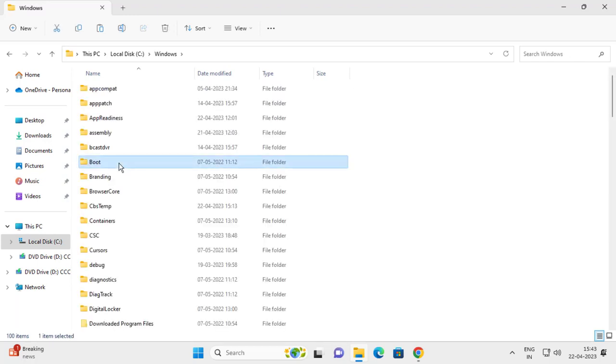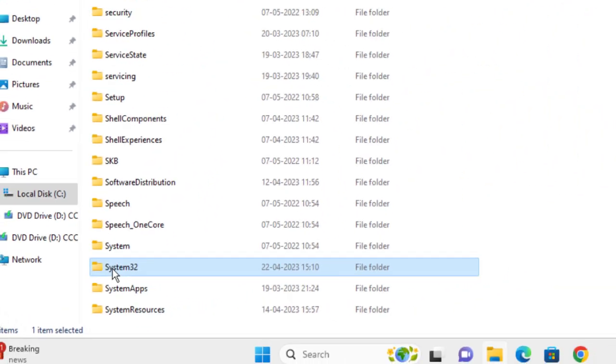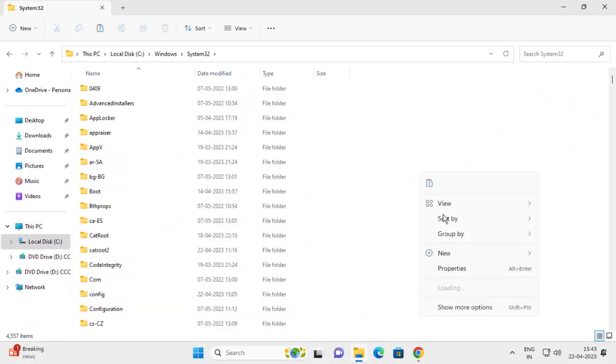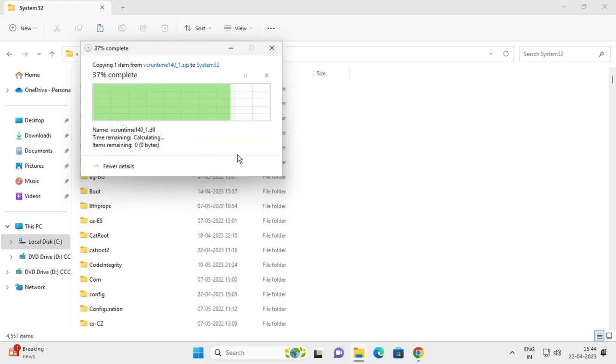and you need to search for System32. Here is System32. Open it, and just right click and paste it guys. Here is the paste option over here. I am not having this problem guys, I already resolved it. You should be good to go by this time. I already have this file, that's why it is asking to replace the file in the destination. I am choosing skip this file,